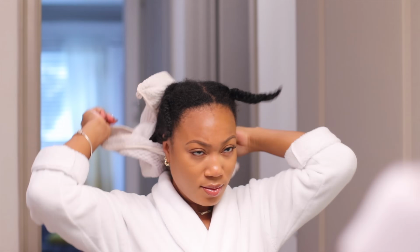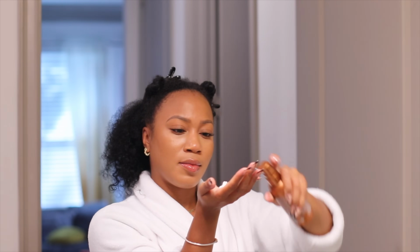You guys, I was kind of nervous about it because I had never worked with this texture before. Y'all, I'm literally not lying. It was the exact texture of my own hair. When I compare the actual weave itself to my hair, I was like, whoa. I cannot even make this up. I don't know how they got this texture to be so on point, but I was really excited to do